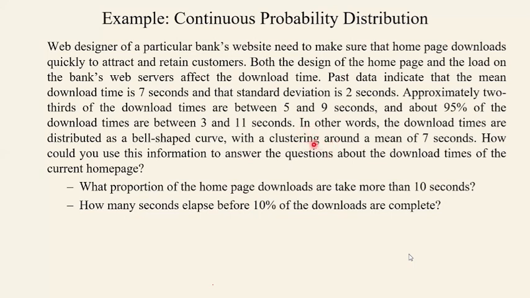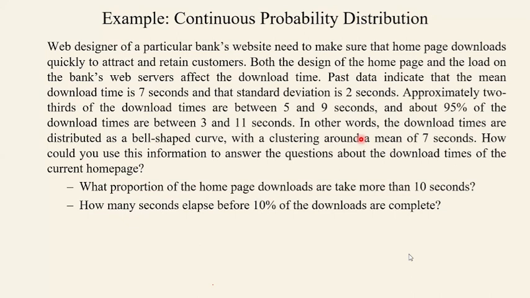So in other words, if we have such a pattern, then mostly when we are plotting those probabilities, we will get a bell-shaped curve with clustering around a mean of 7 seconds. Right? Most of the observations are very close to 7 seconds. So how can we use this information